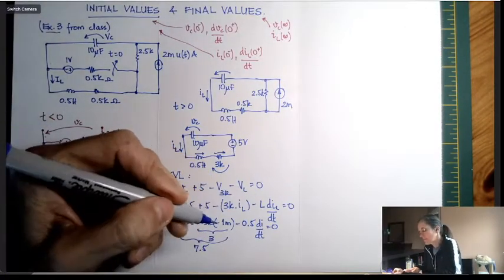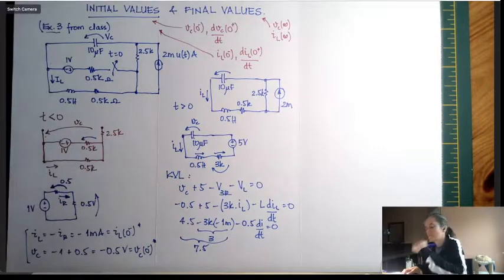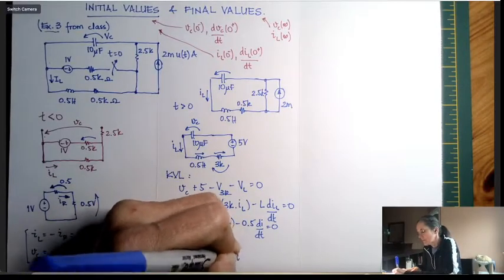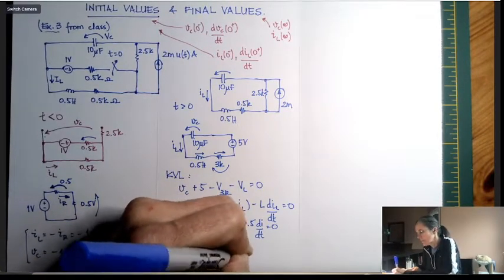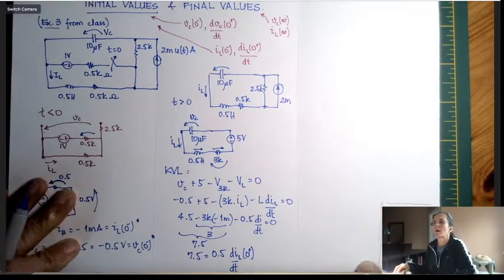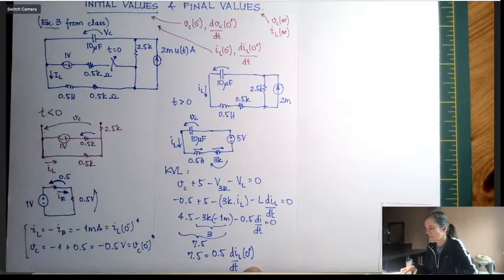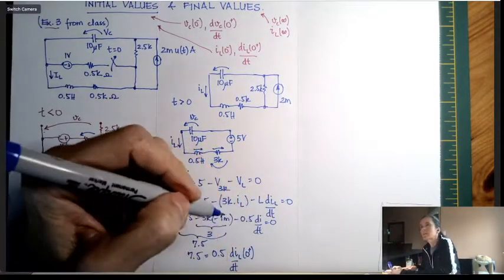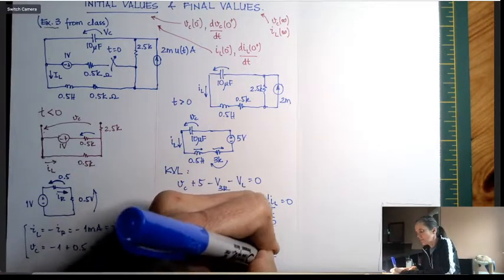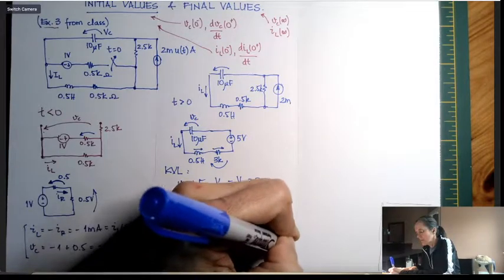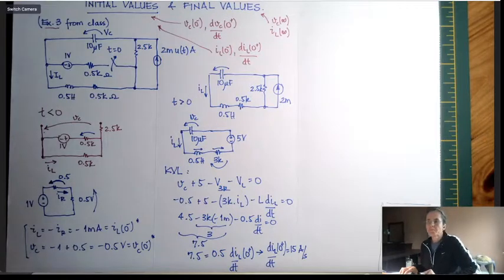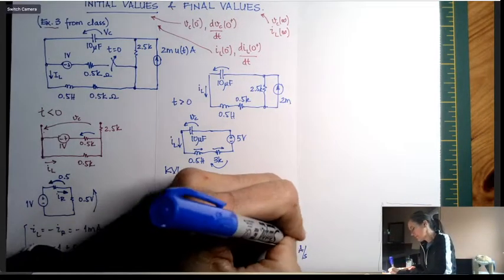And so I have finally 7.5 is 0.5 di/dt, and this is only valid at 0 plus. So finally, dIL/dt at 0 plus is 15 amps per second. So now I have this, and I still need